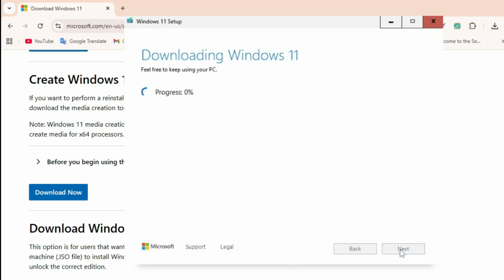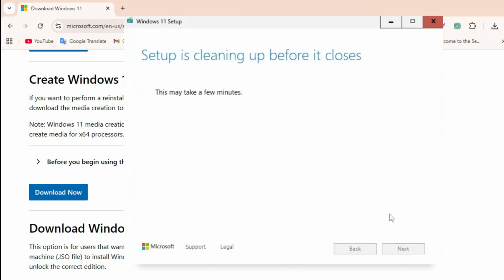Click Next, and now the downloading and installation process will begin. This can take around 15 to 20 minutes or sometimes longer, depending on your internet speed. Once it's done, you'll see a message saying, "Your USB flash drive is ready." That means your bootable USB is successfully created. Click Finish, unplug the USB drive, and now connect it to the system where you're facing the problem, like a